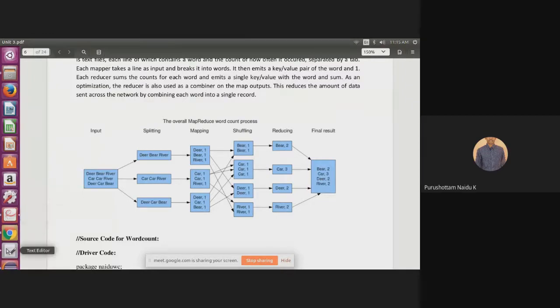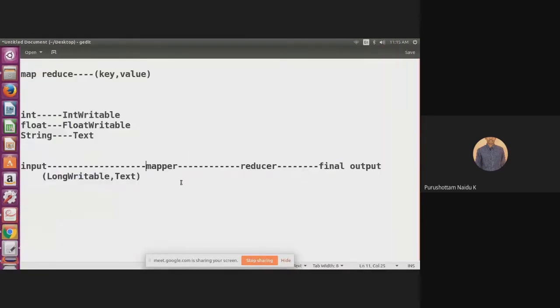That's why we have to use these for the mapper output. So the key is Text type, and the value is 1, that's why IntWritable.